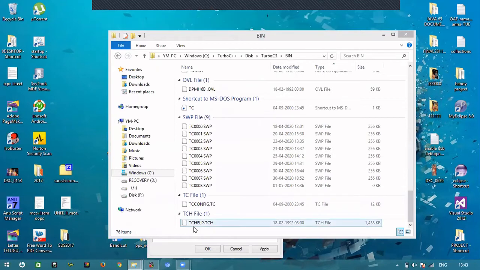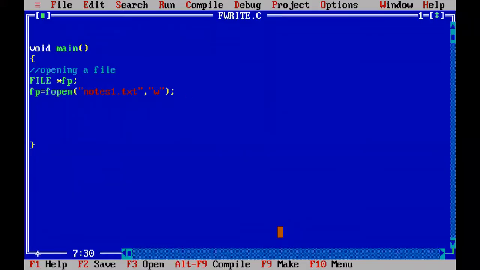So our fopen function will create node1.txt in writing mode, and that node1.txt is placed here in the hard disk. So we go to the program again, right? Sometimes, for other reasons, if node1.txt is unable to be created, the fopen function will return null. So how do we check whether the file is really opened or not?